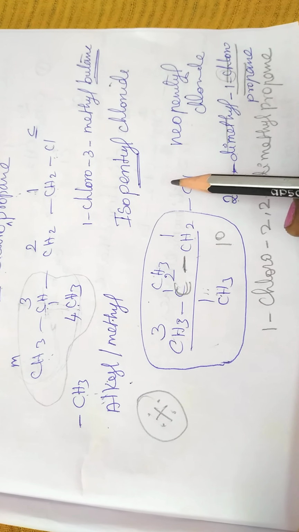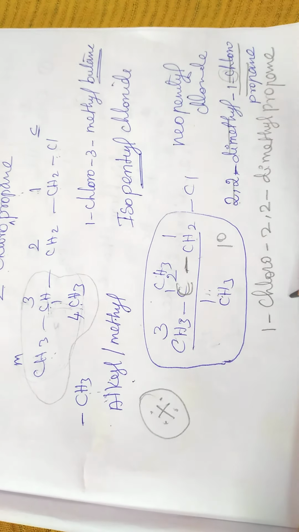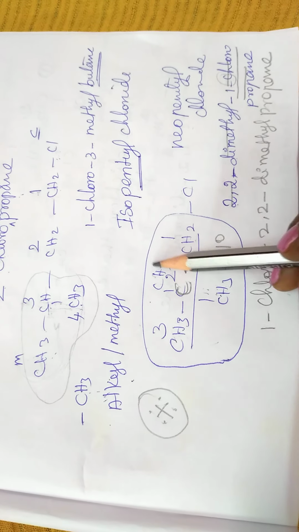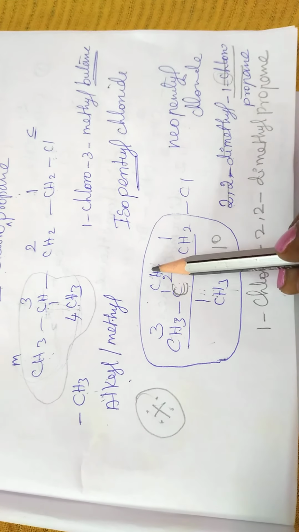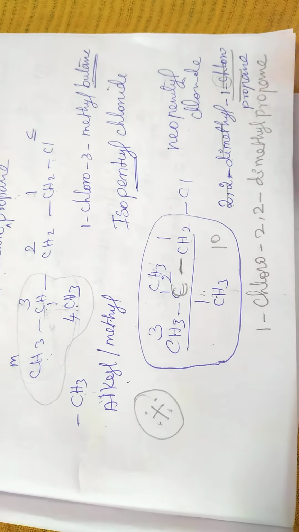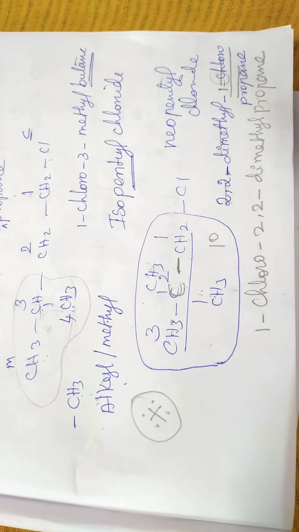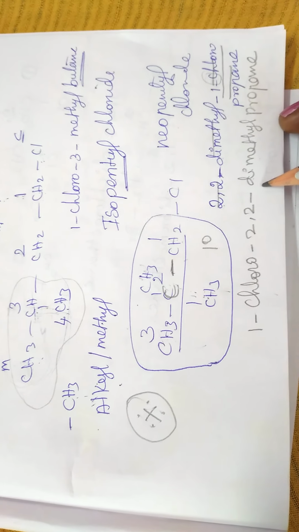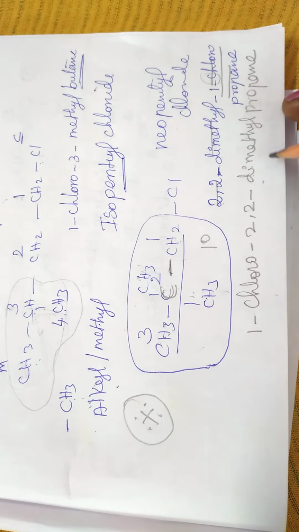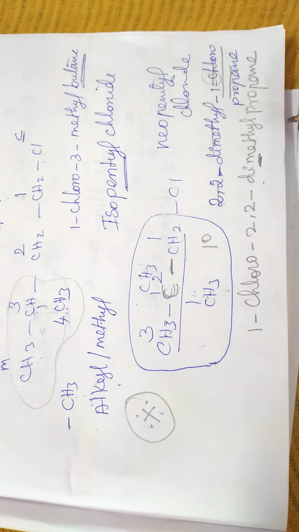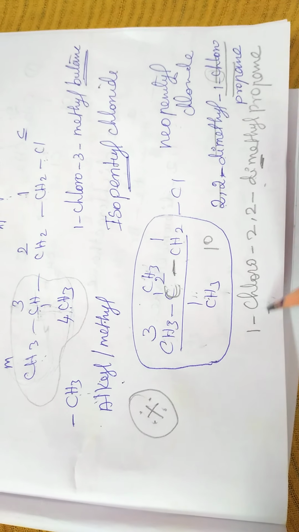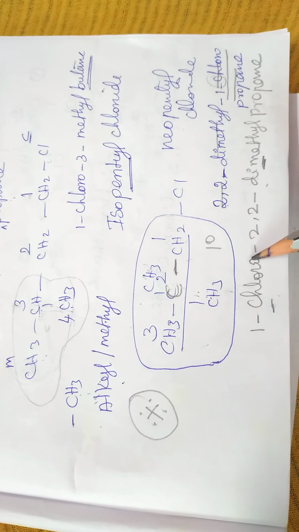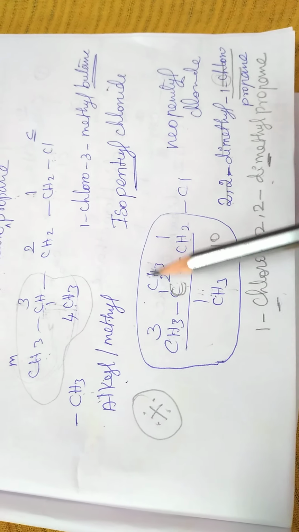So 1-chloro, it starts with C. So 1-chloro, 2 comma 2. Here 2 methyl, here 2 methyl. So 2 comma 2 dimethyl. When di, tri, mono come, that alphabet we should not consider. This di should not be considered as alphabet. Which one should we take? Only the names, methyl, M. So C will come first, next M will come. So here 1-chloro, 2 comma 2 dimethyl propane.